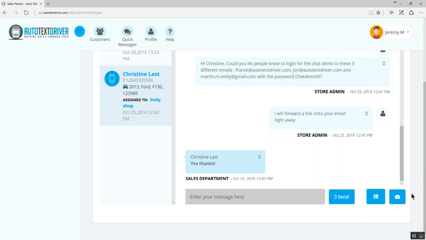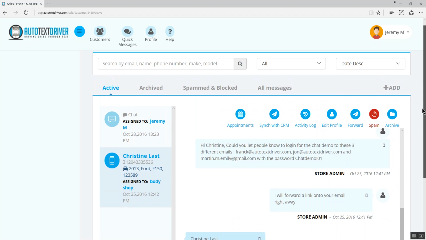We'll notice down at the bottom here, we didn't see this in the chat, but it is the same on the chat side where you actually do your typing in this bar at the bottom, and you have the option to upload a picture. If there's a picture of a vehicle that you'd like to send to your customer, you can do that through both text and chat. So something very important to keep in mind,